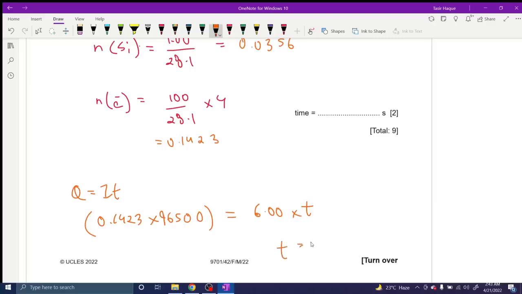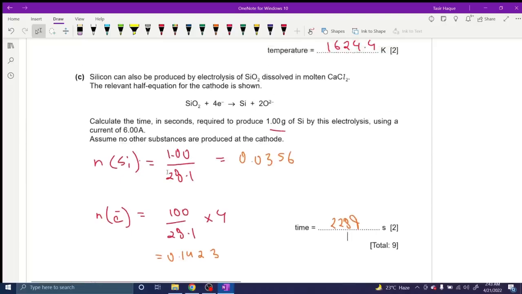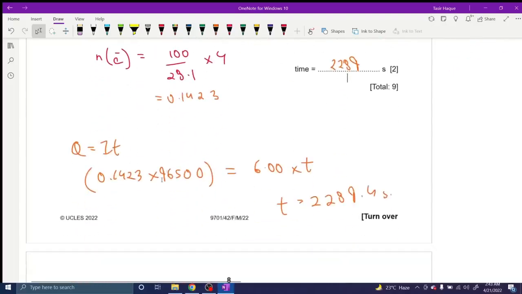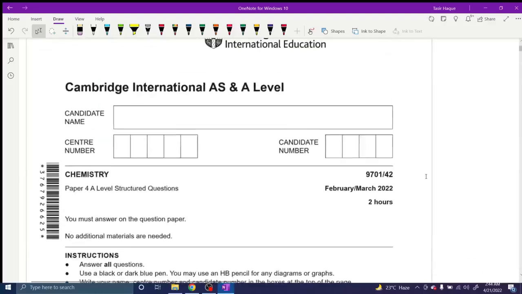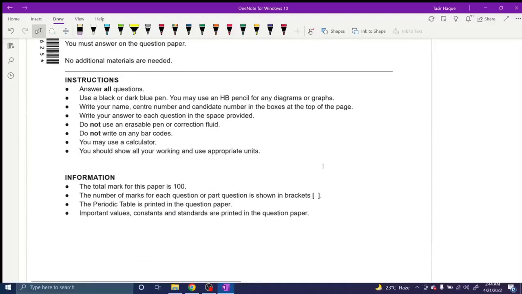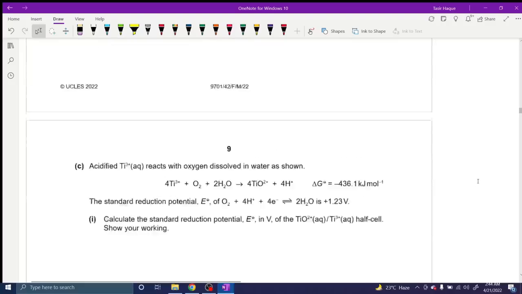I'm getting a value of 2289.4 seconds. Okay, so 2289 seconds. For some reason, they're keeping the value in exact form. I'm not sure why. They should have accepted 2290. Okay, so they're keeping it to full form. Is it written in the beginning? Not really. So this is a new trend. Next,